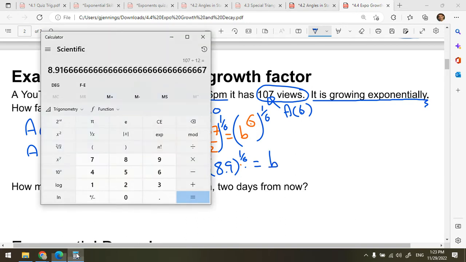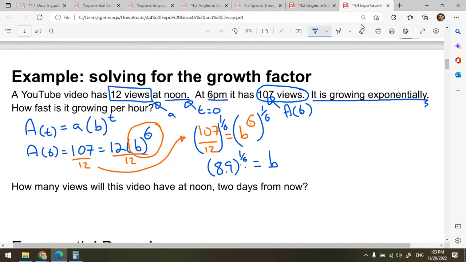Cool. So now if I just raise this x to the y to the bracket 1 divided by 6 end bracket, equals 1.44. There's b. Happens to be my favorite number, 144. So this thing is growing to 144% of itself every hour. It's therefore growing by,